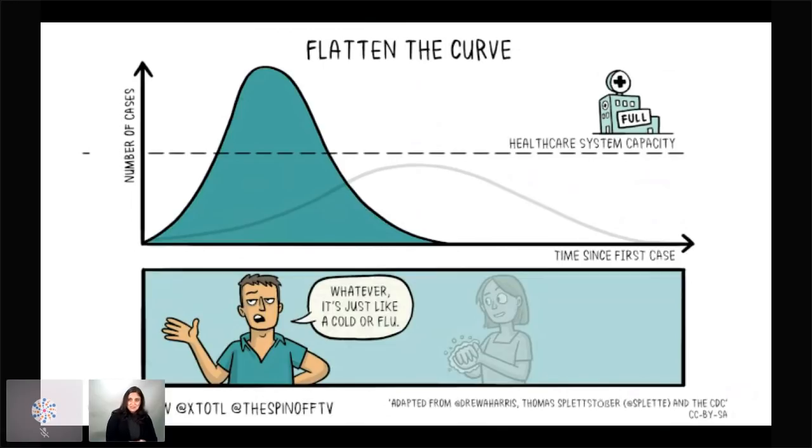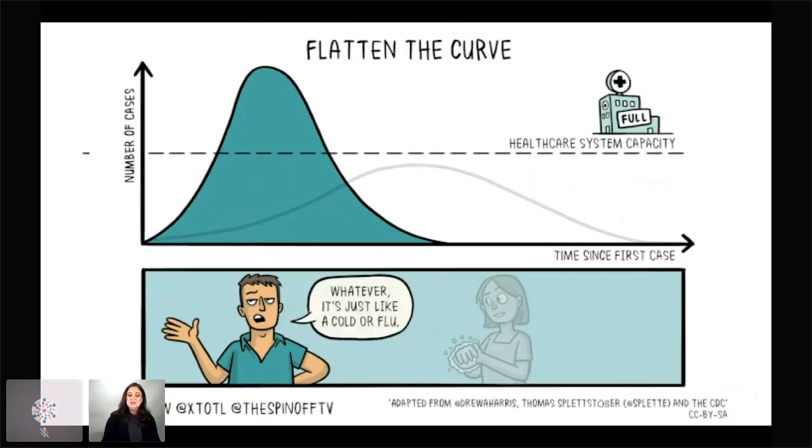And that was demonstrated to us by what was happening in Italy and what was happening in South Korea. There's only a certain number of medical care workers we have. There's only a certain number of ICU beds we have. There are only a certain number of ventilators we have. And if everybody gets sick and badly sick at the same time, we're going to have to start rationing healthcare. And that is not something we think about doing right now, and it's not something we're really very comfortable talking about. But in the time of a pandemic, if we can't slow the rate of spread, that's something we are going to have to consider.